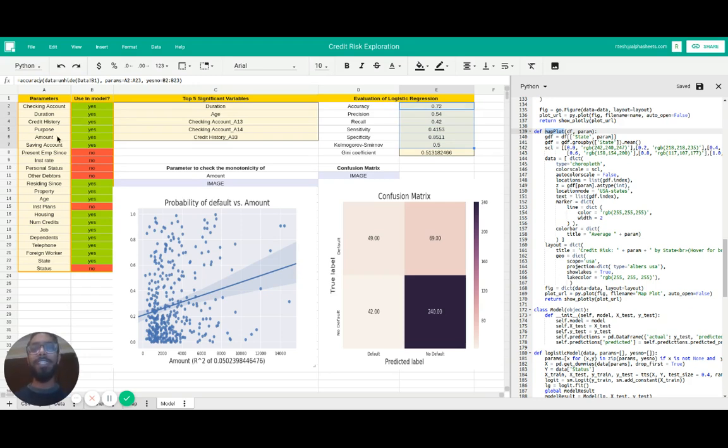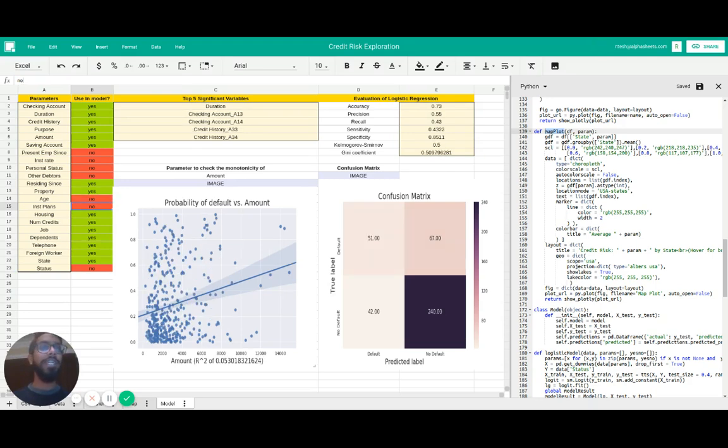So like, if I decide during a meeting that I don't want to include age in my model, I can just change that yes to a no over there, propagate that, and because it's a spreadsheet, it's going to update, and you see that the accuracy over here went up by 1% actually. So you can really start to play with things like that, and you don't have to know how to code, and it really brings together the power of Python into the flexibility of Excel, and has you create these interactive reports that are transparent, automated, and really are powerful and control the entire way your